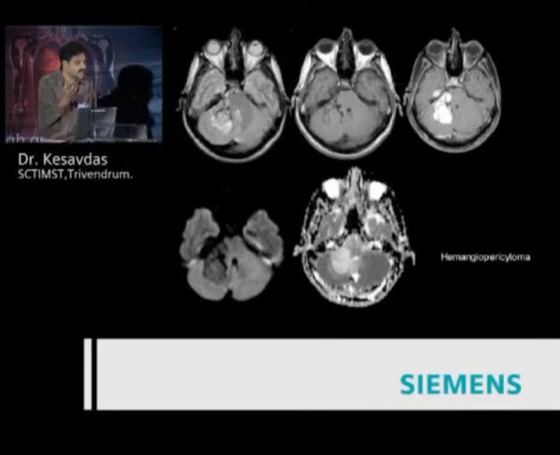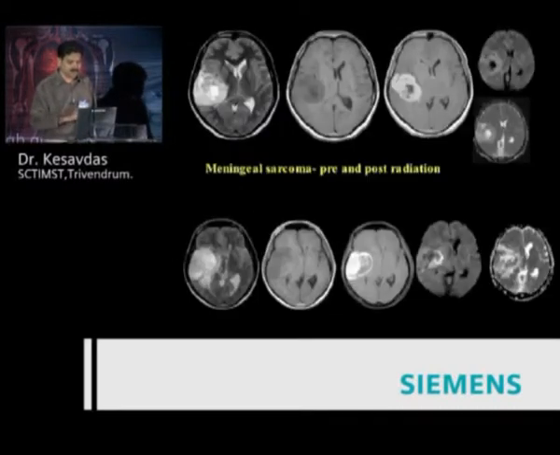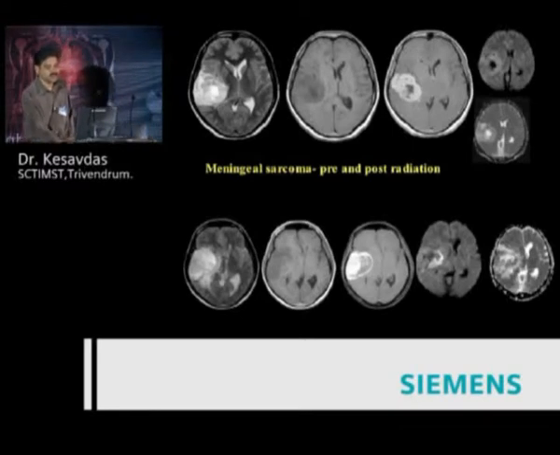So the fibrous content within a tumor or the number of vessels within the tumor can be indirectly estimated by means of diffusion weighted imaging. So we are going more and more towards tumor microenvironment. Another lesion here, this is a tumor, meningeal sarcoma, which was irradiated, and you can see that this is an area where there is restriction of diffusion, but there is no enhancement. That means this area has more of fibrous content now, and this was pathologically proved. More fibrous content within the center after irradiation.